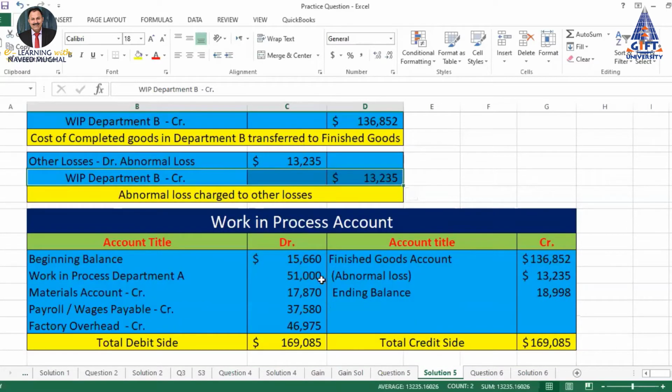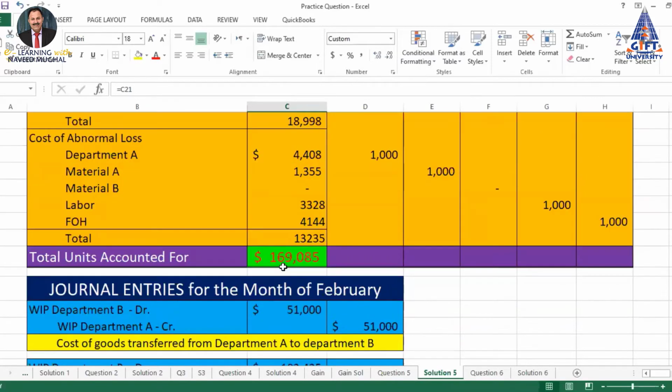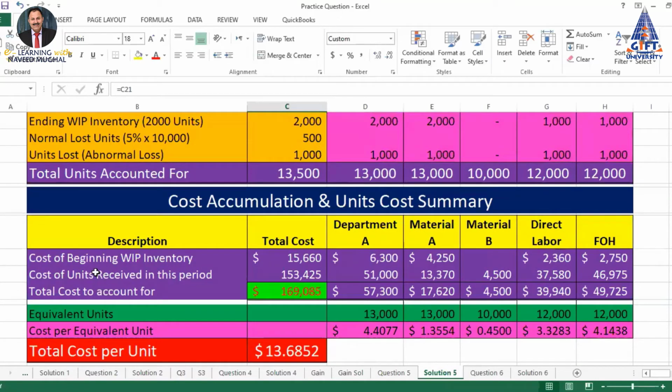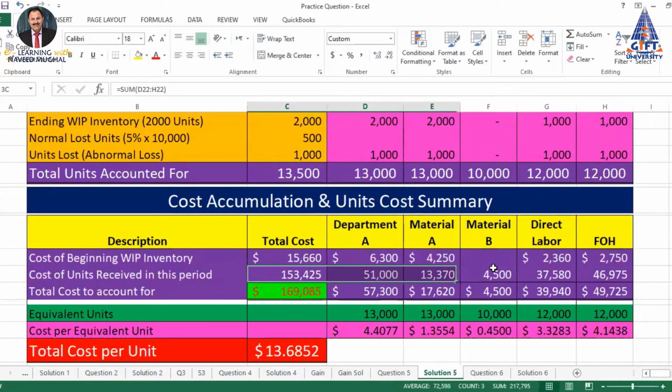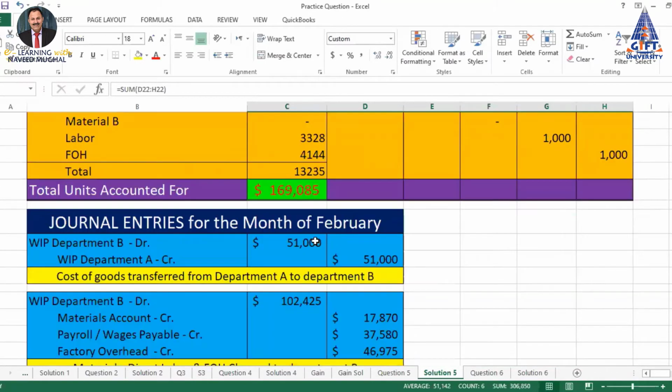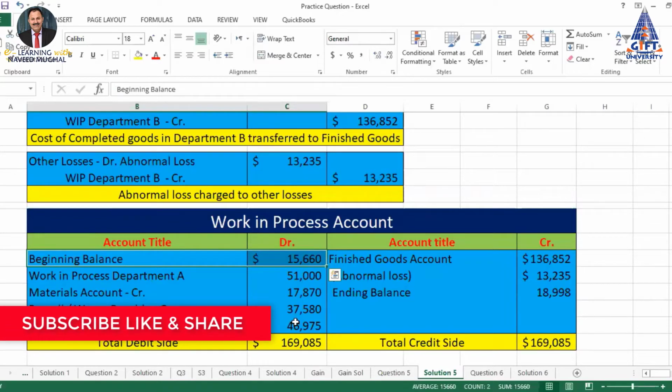And when we post these entries or these costs in our work in process account, we have this shape of work in process account. On the debit side of the work in process account, we have the opening balance of work in process inventory. This table gives us the debit side of the work in process account. That is the debit side of one entry and the debit side of the second entry. So this is basically the debit side: work in process beginning inventory. Here I have taken the total cost; I can take individual items as well.